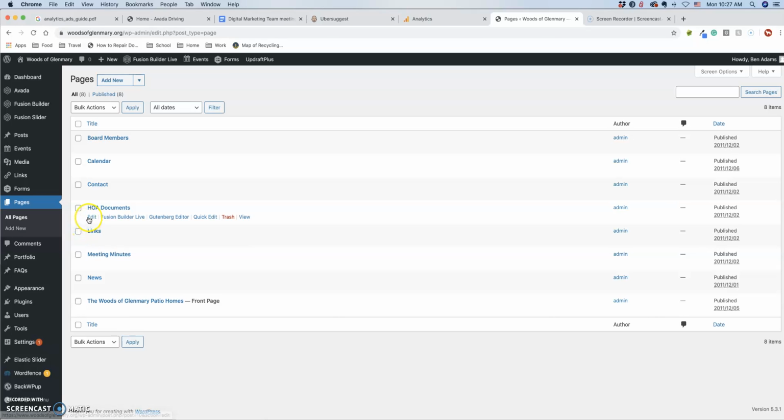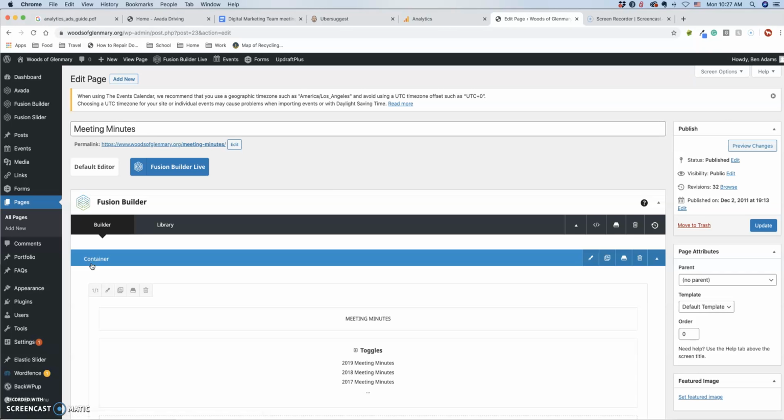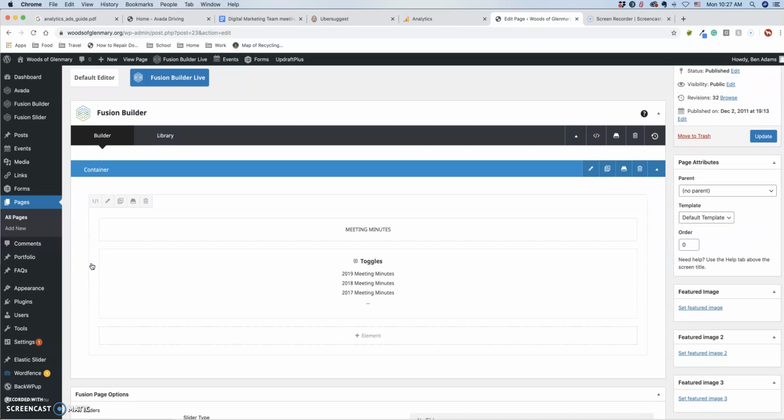Let's start here with something simple. Let's just go to meeting minutes, hover over it like you did before, hit edit. As you can see, it looks a little different now because it's on the Fusion Builder system, which is part of the Avada theme. It's like a building block system, unlike what you had before, just a straight editor. I've built a container here, and the container contains the meeting minutes and the